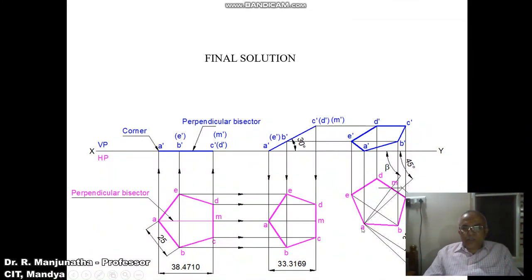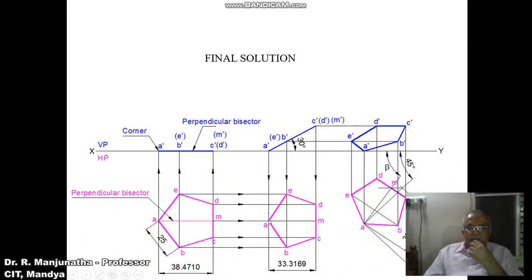Through AM, by using the protractor with M as the center, you draw a perpendicular to the AM line. Then you measure the distance from M to C and also M to D. Both are equidistant from M. With M as center, cut an arc on the top side, you will get D, and similarly on the bottom side you will get the point C. Then you mark the points as C and D.